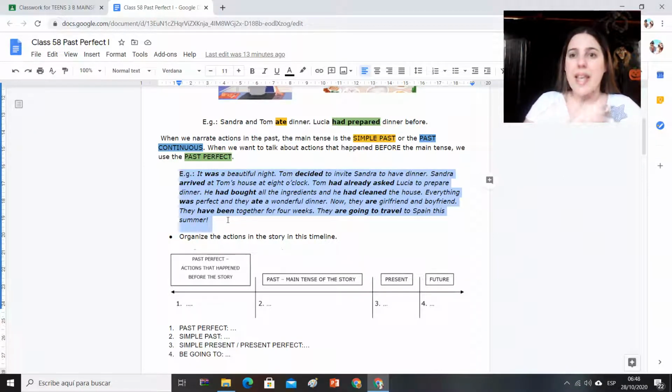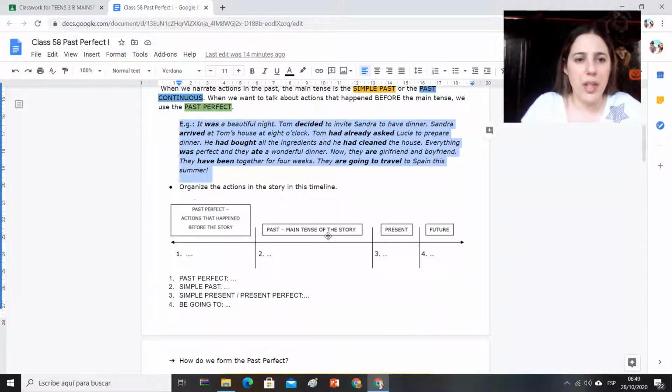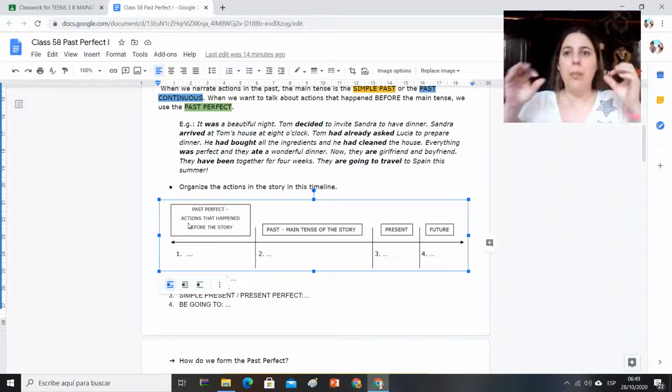¿Ok? Yo entiendo cómo cronológicamente fueron sucediendo las acciones. Tengo un simple past, algo que sucedió aquella noche, ¿ok? Pero después también algo que ya había sucedido antes, algo que sucede ahora, algo que ya ha estado sucediendo y algo que va a suceder, ¿ok? Tengo todos los tiempos. So what I want you to do here is in this timeline, okay, put the actions